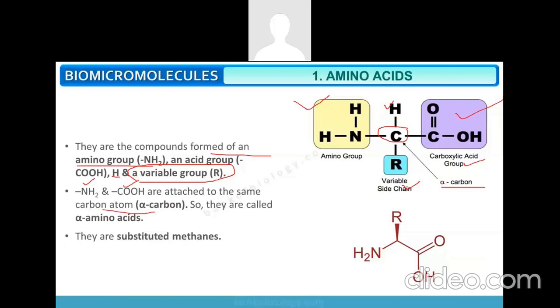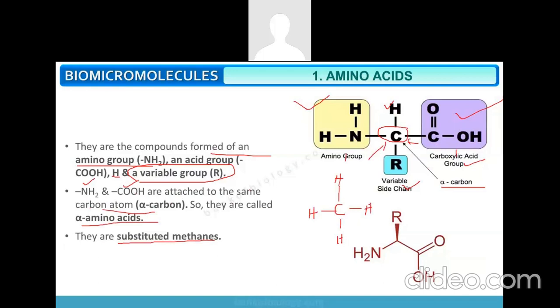And since the carboxylic acid and the amino group are attached to this alpha carbon, all amino acids are also called alpha amino acids. Apart from this, they are also called substituted methanes. The reason is, you can find this basically represents a structure like this. So it is basically CH4,